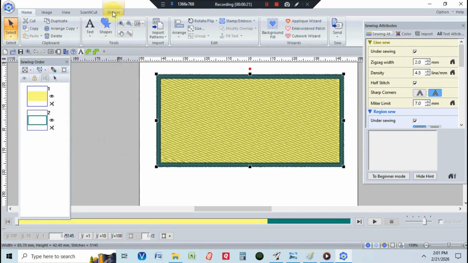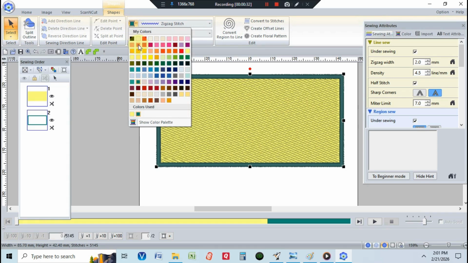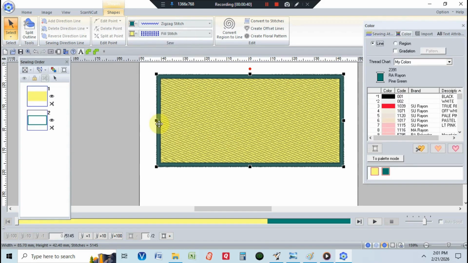If you go up to the top under shapes, you will have the line stitching color and the region stitching color. If you click on the color, you will have a chart that pops up that you can pick your colors from, or you can go down to show a color palette, and on the right hand portion of your screen the color palette will show up. You can choose the line or the region,